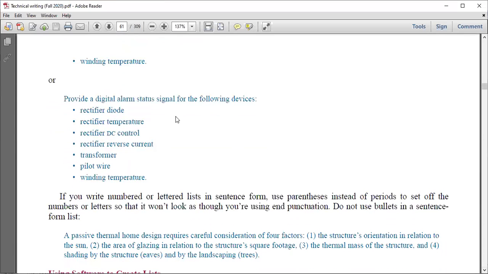Or you can do it this way: provide a digital loudspeaker signal for the following devices: rectifier diode, rectifier temperature, rectifier DC control, rectifier reverse current, and then other separate items over here. So the related items, either they can be put together using commas, or you can use the term again and again with the sub items, and you can put all of them in one